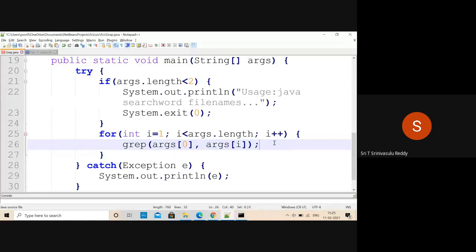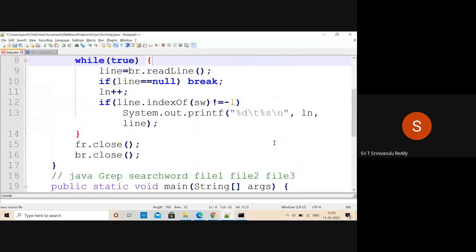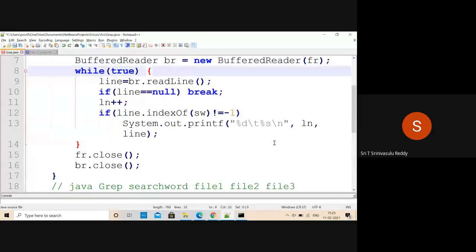Especially when there are multiple files, it's also better to display the file name. So a small change you can make is to display the file name also, so that kind of statistics is going to be given.